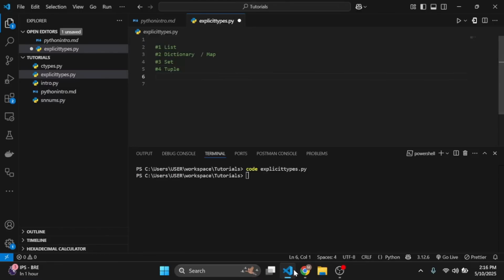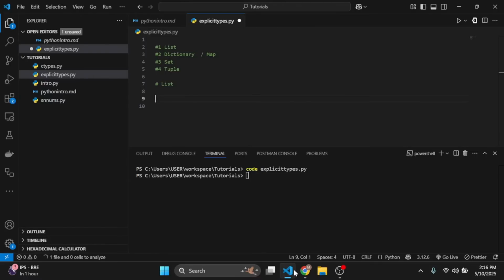Let's talk about list now. For number one, list, is a collection of objects in any programming language. Do you understand? A collection of objects or variables. We can call it that way. Let's create our first list. We want to call it